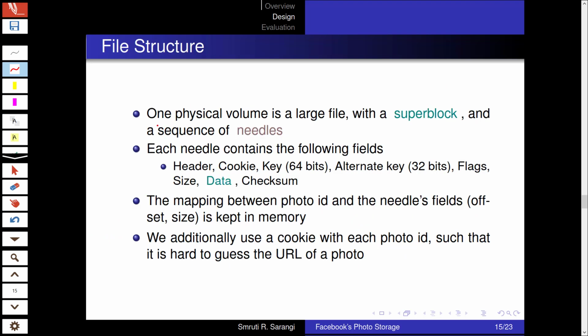Now let's come to the file structure. As we have discussed, the physical volume is a huge, large file which is growing like a stack. So first it starts with something called the super block, which has all the meta information regarding this, and a sequence of needles, where a needle is essentially one photo.